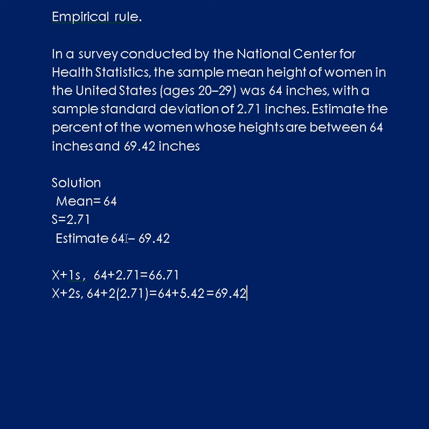Now this is like an estimate here. This estimate here is a class estimate. So we know that the mean is 64, so we didn't have any deviation. So let's go ahead and estimate the 69.42. Now the 69.42 is 2 standard deviations away from the mean. So once you know that it's 2 standard deviations away from the mean, it's automatically within the 95% picture. So we go ahead and write down that